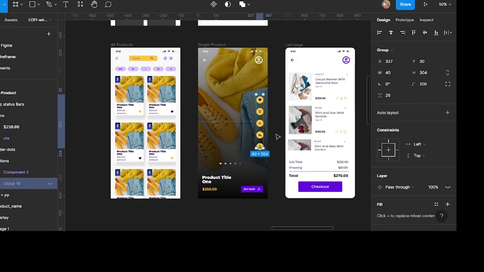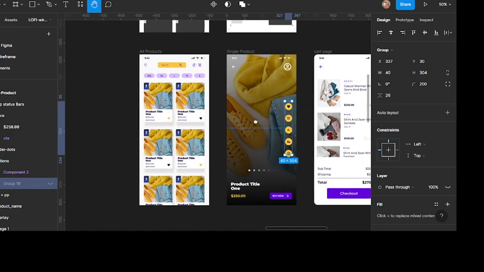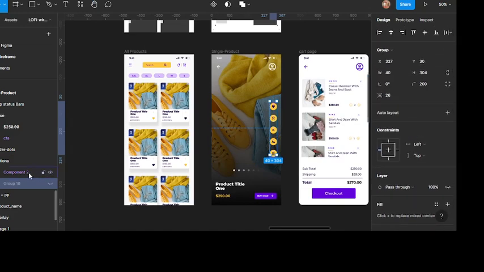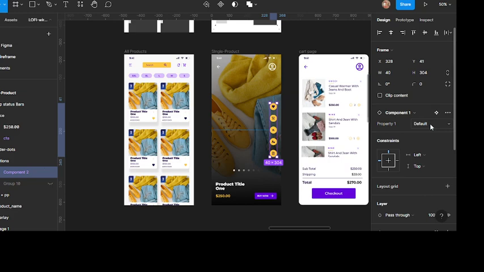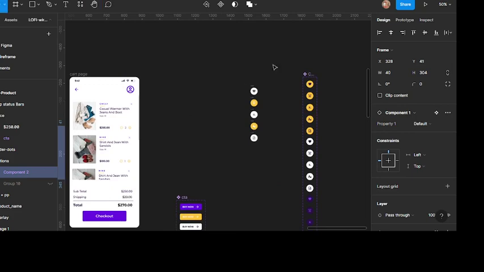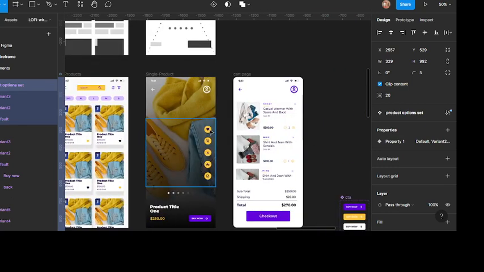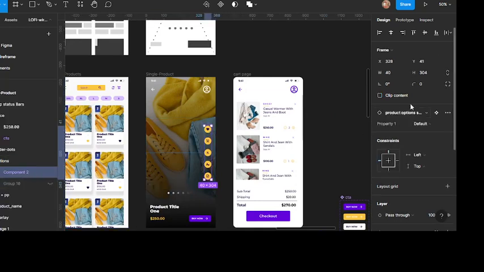So now with this in check, if I need to change this set anytime, all I do is come down, select the set I want to change, and come down to the component set. Oh, it's not titled. I don't need to title it as component 1. I'll call it product option set. Yes, let me put it that way. And then I'll come down here. So in the product option set,